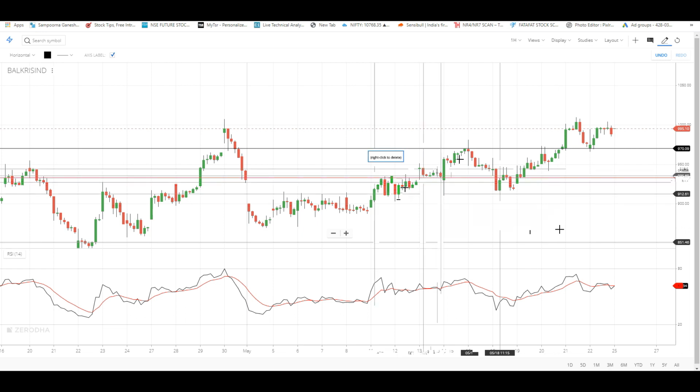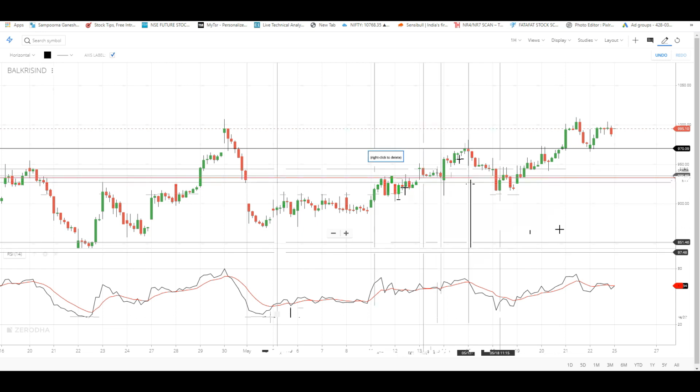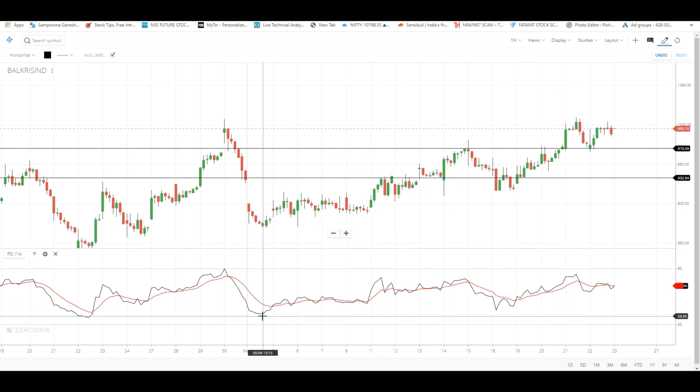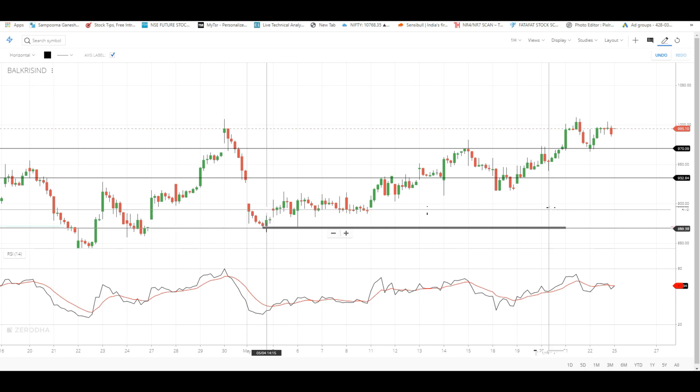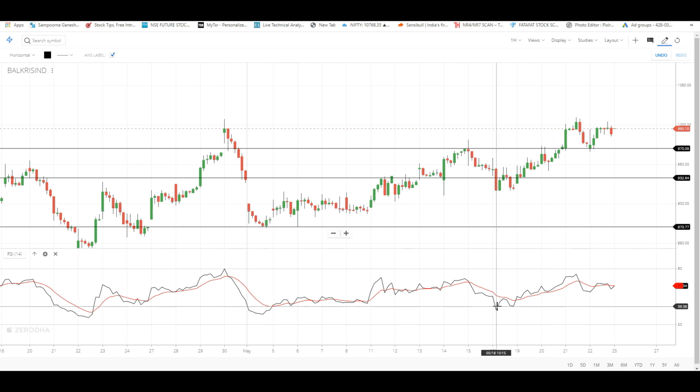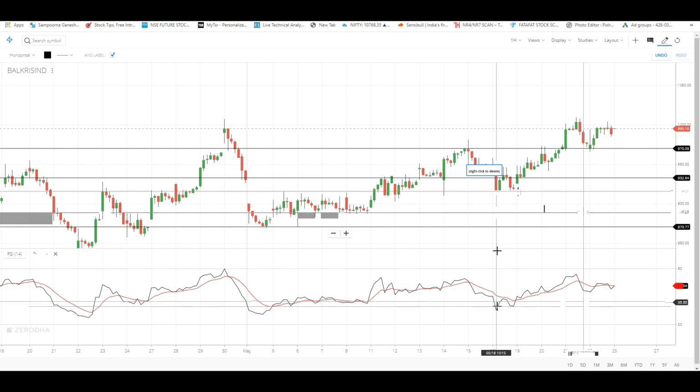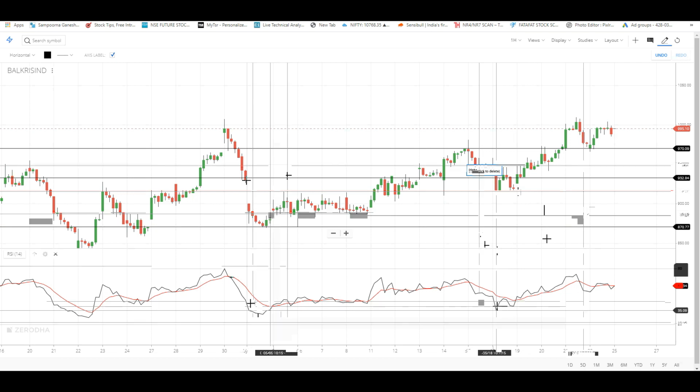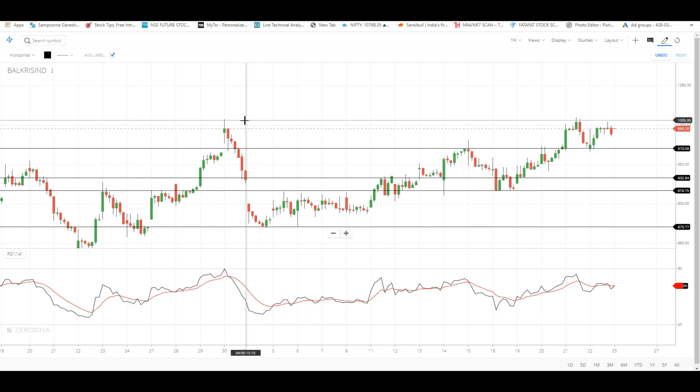So like that, we can form these support and resistance lines also with the help of RSI. Whatever swings are there, we use them as support and resistance, and it gives you pretty good levels. Now if you see here, this is formed as a support. And currently, if we mark this point, this was a resistance at this particular time. This was on 30th of April